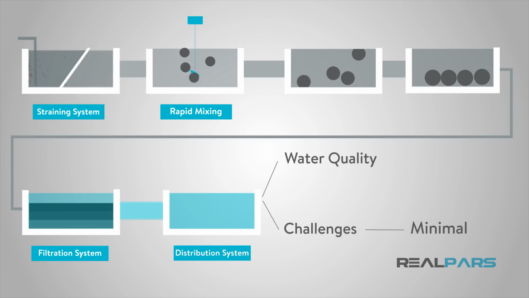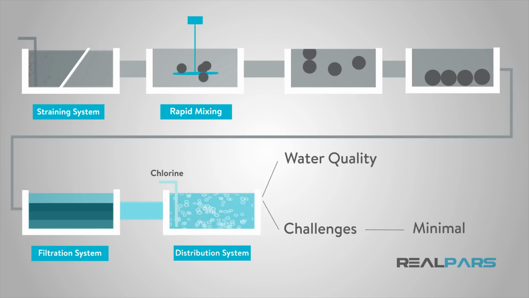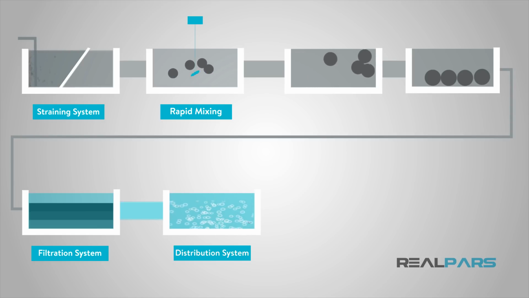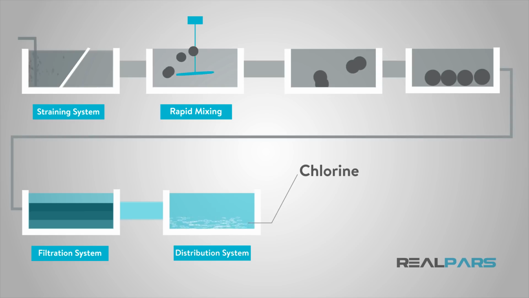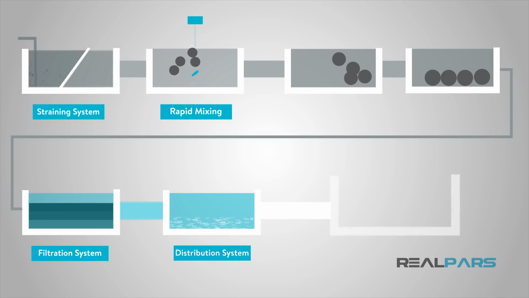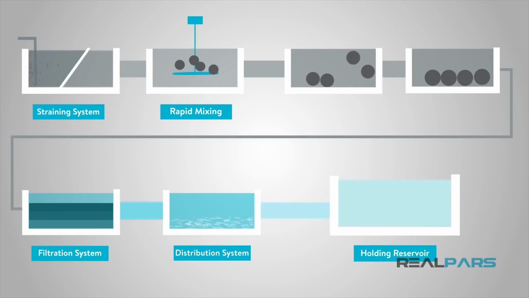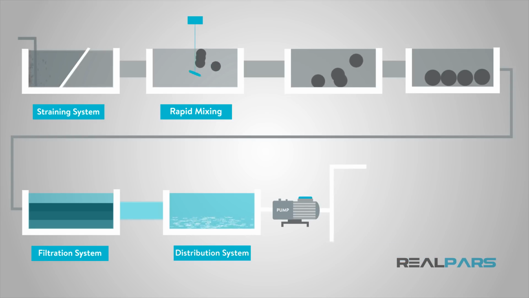If the challenges are minimal, the disinfection may be as simple as adding chlorine to the water to ensure all remaining organisms are removed. Government typically mandates that some sort of residual chlorine remains prior to the water traveling to the distribution system. Once the water's been properly disinfected, it may travel to a holding reservoir that's used to store the finished product, or the water may then be pumped to travel through distribution lines that lead into the